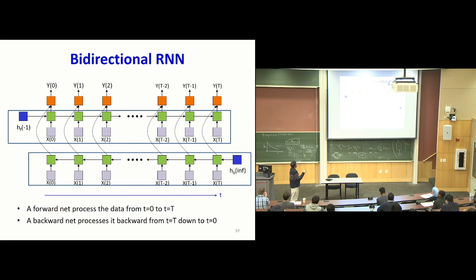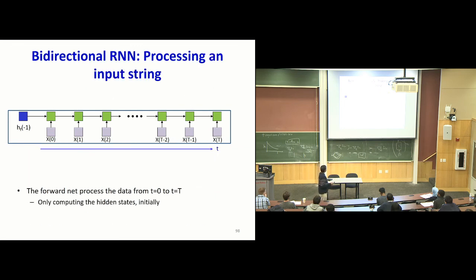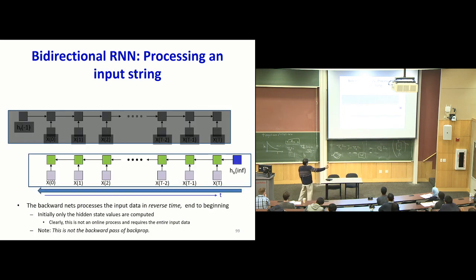This will have an initial value for h, which corresponds to this guy, right? This is going to have an initial value of h, but that's at the end of time, which corresponds to that guy. And so the way you would process the input is this. First, you would process the input going left to right. Then you would process the input going backwards from right to left, independently of what you did in the forward pass. And each of these two processes is going to finally produce a hidden representation of the input, right?